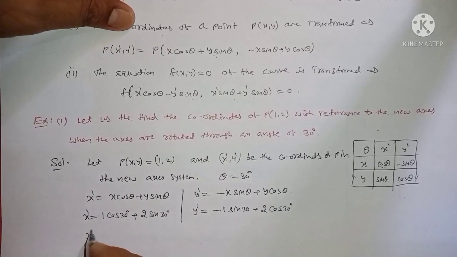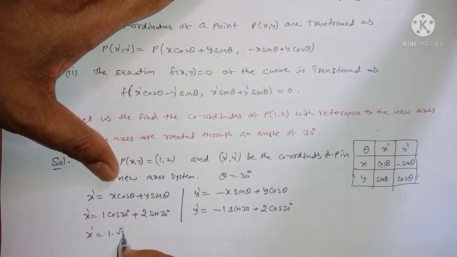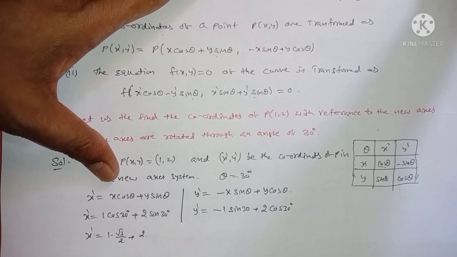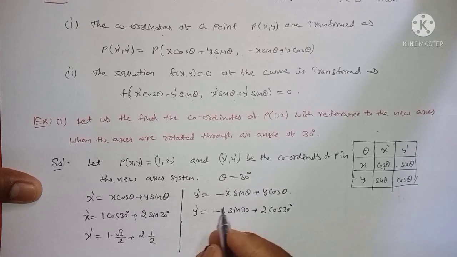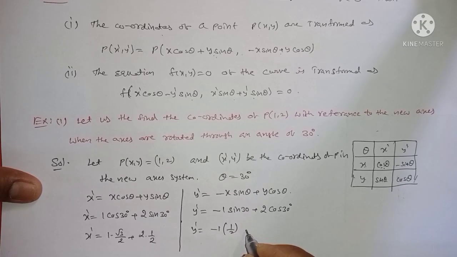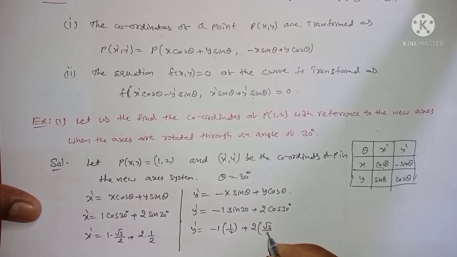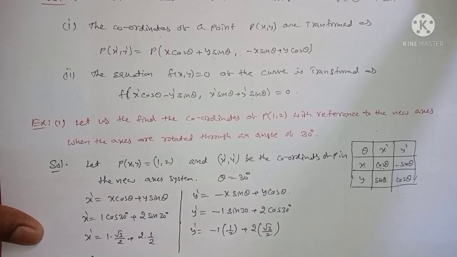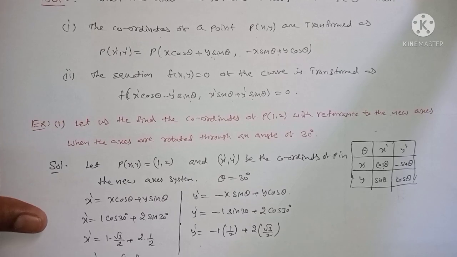Therefore x dash is equal to, cos 30 is nothing but root 3 by 2, 1 into root 3 by 2 plus 2 into sin 30 is 1 by 2, and y dash is minus 1 sin 30 is 1 by 2, cos 30 you know that is root 3 by 2. Again write here x dash is equal to root 3 plus 2 by 2. Don't simplify here because 2 is the LCM, same as this, therefore root 3 plus 2 by 2, and